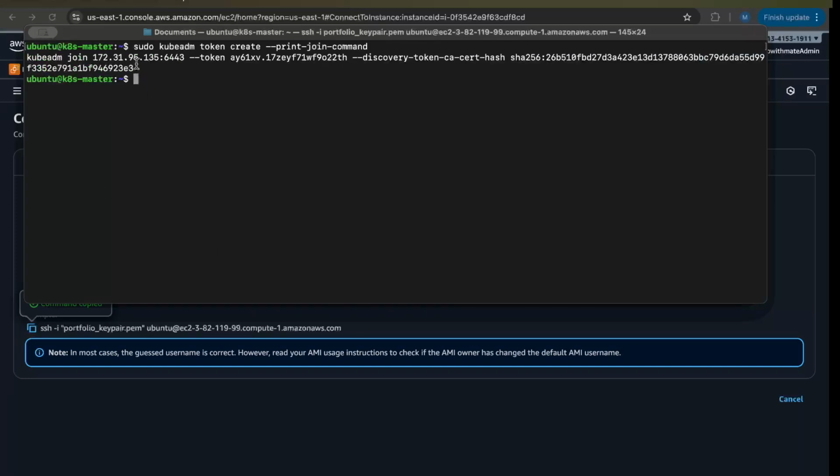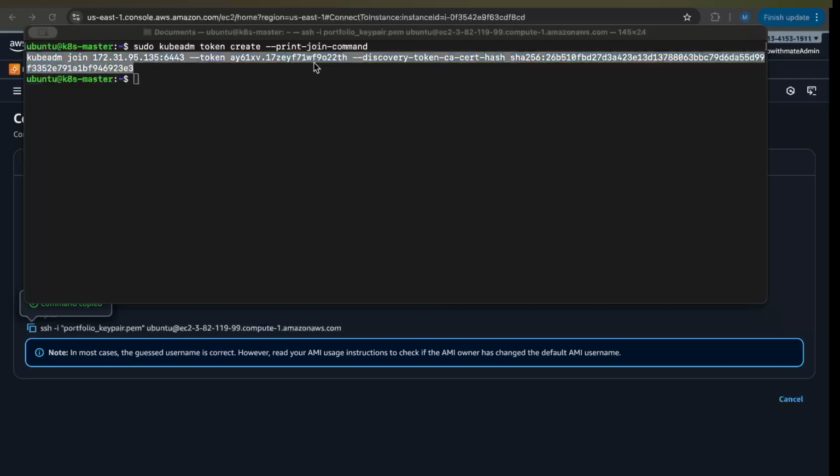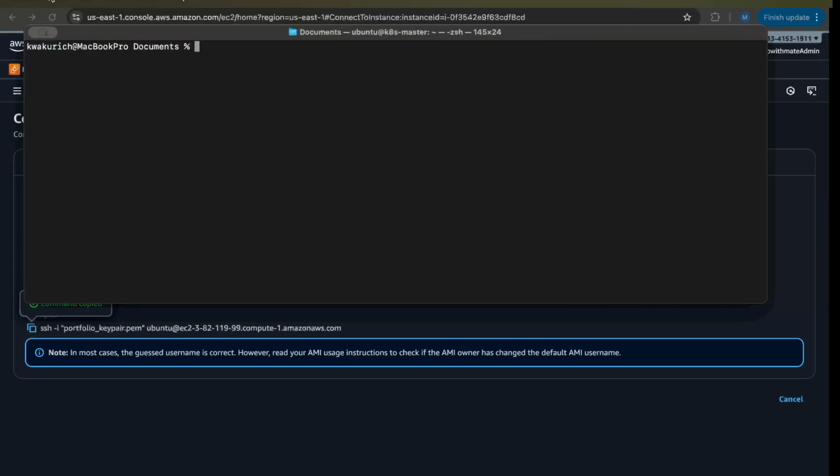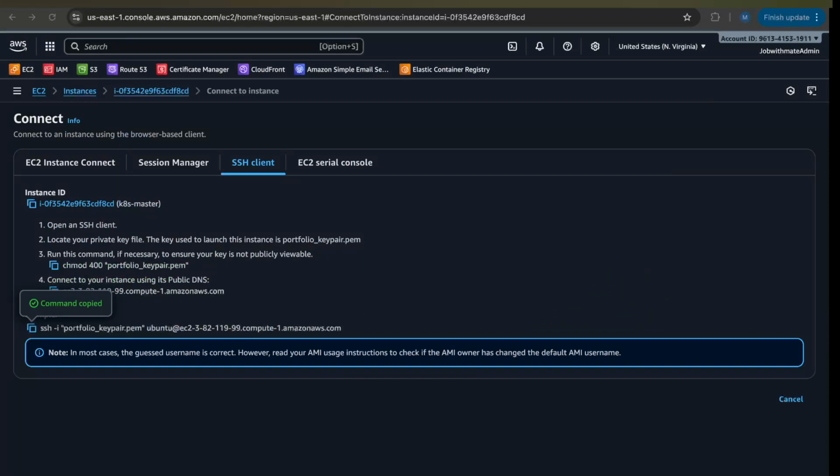So now we have this command that we need to run on the worker node in order for it to join the master node. I will save this somewhere, and then we will also SSH into the worker node. I'll save mine somewhere, open Notepad, and put it there. Good job. Now exit your master node server, clear your screen, minimize your terminal, and let's go back to